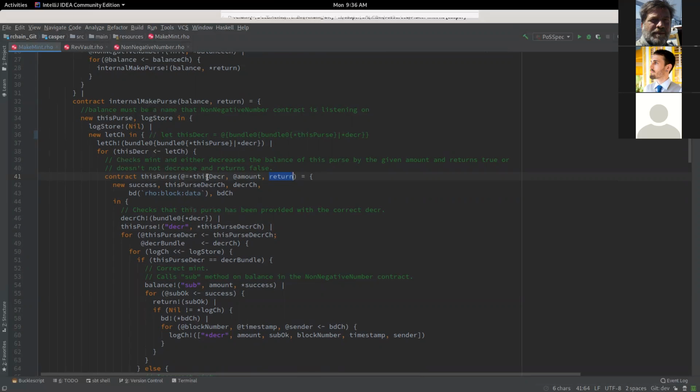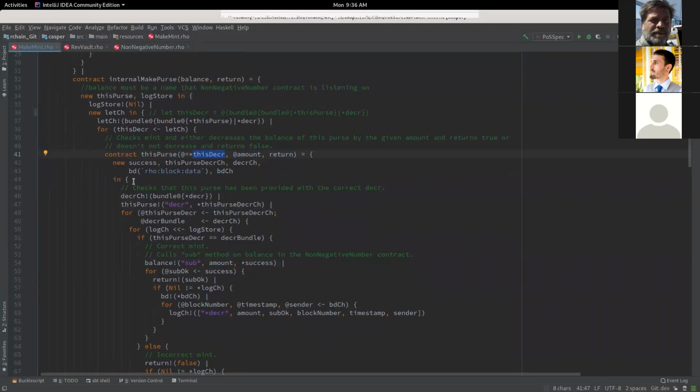some decrease function, basically. I have some name that represents my authority to decrease from a purse with a particular kind of token in it, because it's associated with the mint. It's associated with the call that was made to the MakeMint contract. And basically what we're going to do is,